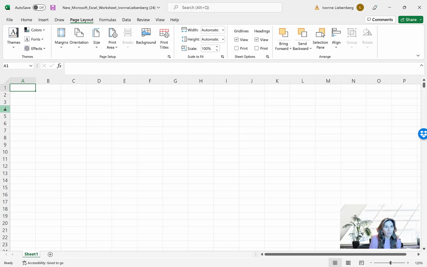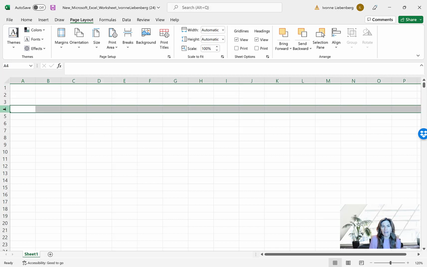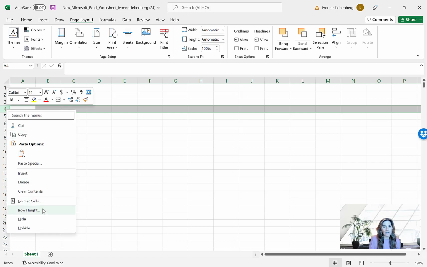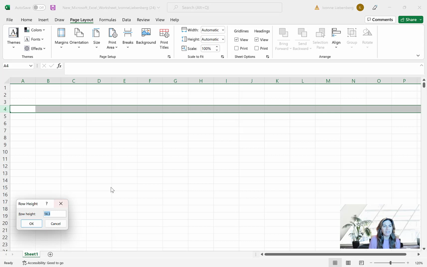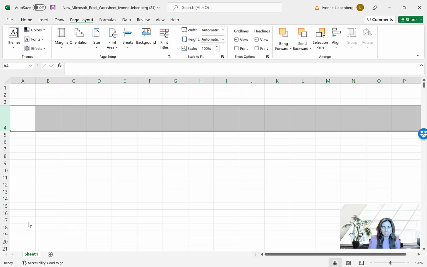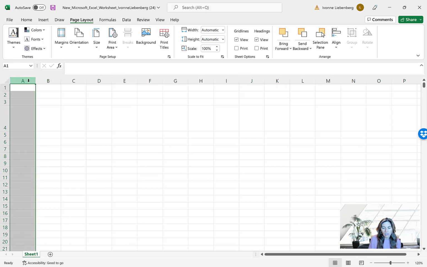Right, so row 4, I'm just going to select that row header and then I'm going to right click on it to adjust the row height. As I've shown many times before, you can try to play with that row height by dragging it down and achieve the desired height, or you can just manually enter it. I find that a lot easier, 51.75. All right, press OK. Then step 2 says drag the right boundary of column heading A to the right until the column width is